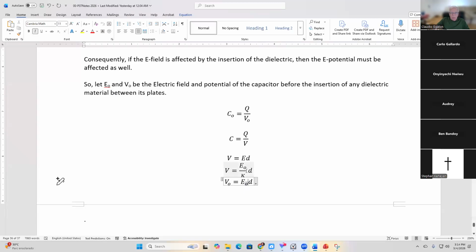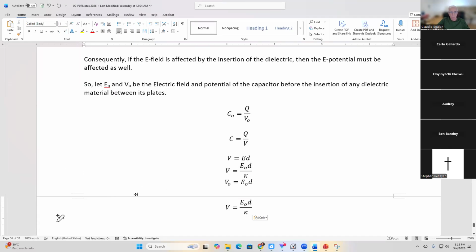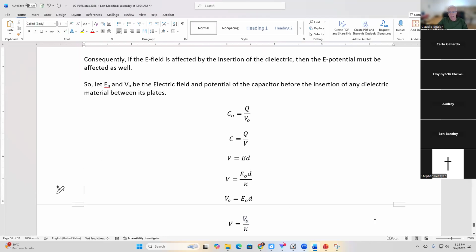But E naught times D is exactly this term here in the numerator of the ratio, right? Consequently, the new electric potential will also decrease once we insert the dielectric material between the plates of the capacitor,